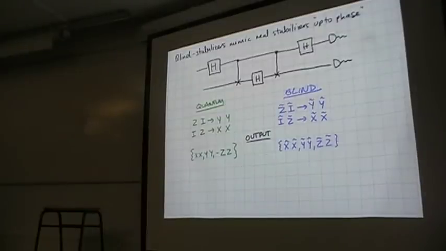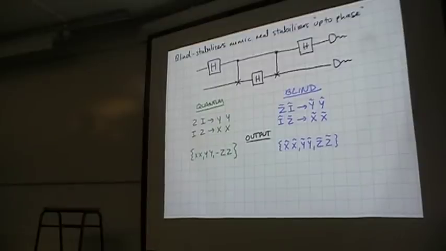So we see that the blind stabilizers mimic real stabilizers, but just up to phase in some way. So for this circuit back here, if you said I want to look at the 0,0 input and evolve the input stabilizers here, conjugated through the circuit, you would get y tensor y. This would be regular Pauli. These would be the generators of the output for that, just as regular Pauli matrices. Here for the blind stabilizers, well, z tilde I tilde goes to y tilde, and so you just put tildes on everything. The problem is that the states are somehow not the same,